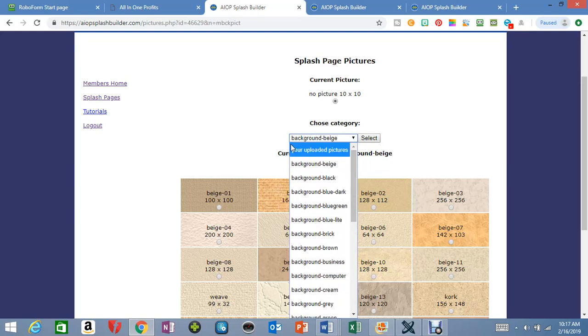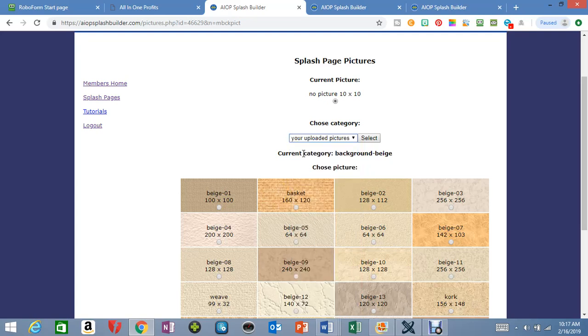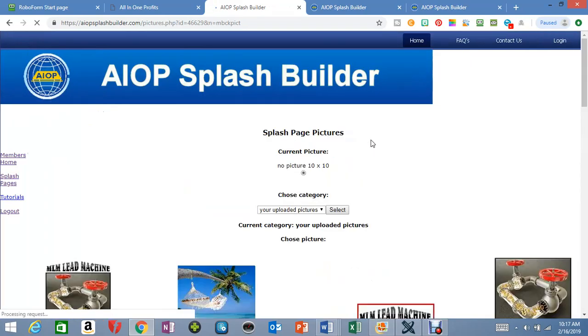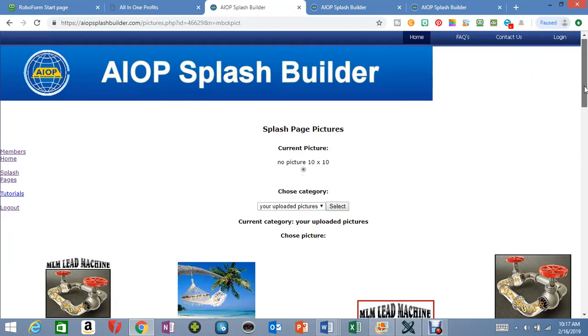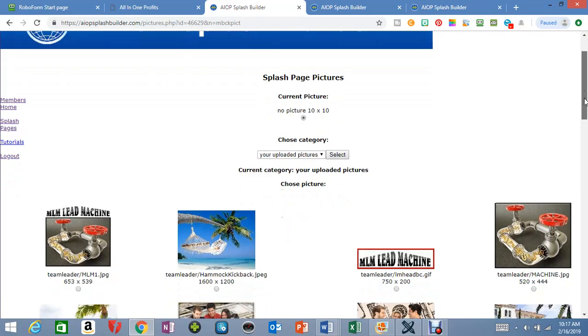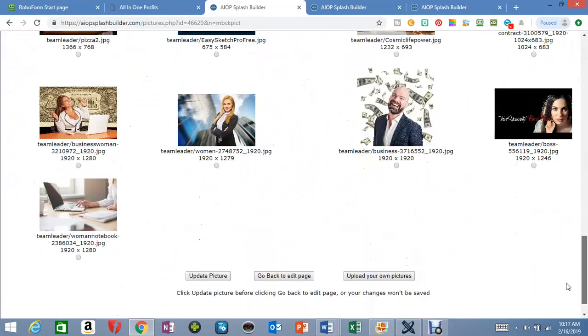But you're going to want to click this first selection, Your Uploaded Pictures. Now, if you're new to All-in-One Profits, you won't have any uploaded pictures yet, but you can add them. So we're going to click Select, and this shows your pictures. Now, to add a picture to your library, and you see I have quite a few,